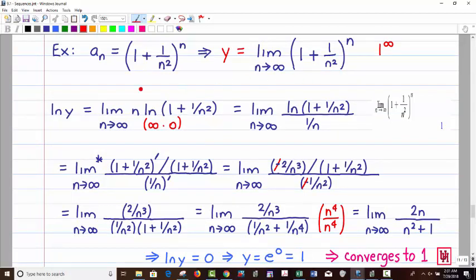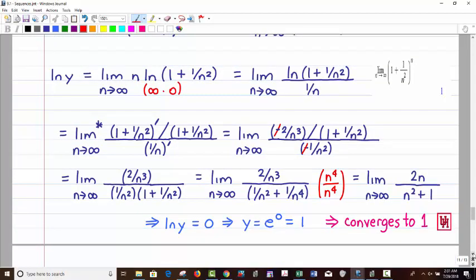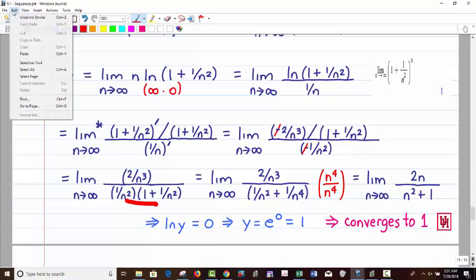This is where you have to natural log both sides, and that'll bring the n down. And we don't drop the ln, so it's 1 over n. And some of these you just kind of have to figure out. Well, we have to do L'Hopital's rule first, and then see what happens. So ln is going to be the derivative of this, over the derivative of the bottom. Got a negative to cancel here. And then you just kind of have to combine the terms. I drop this one down to the bottom, like so. And there could be more than one way to do this. But I distributed this through the parentheses,